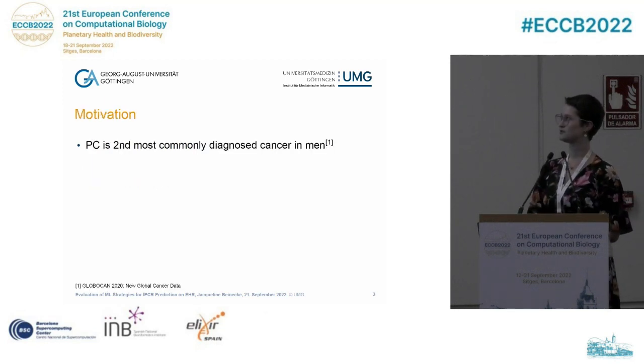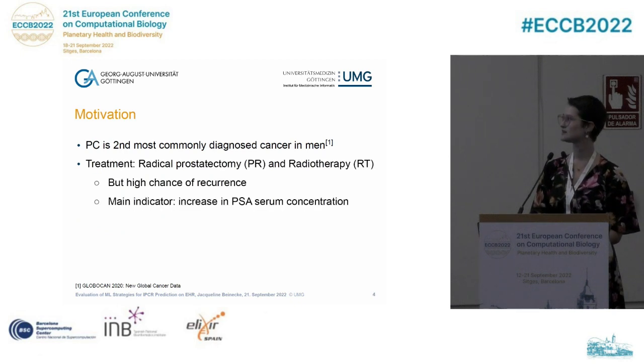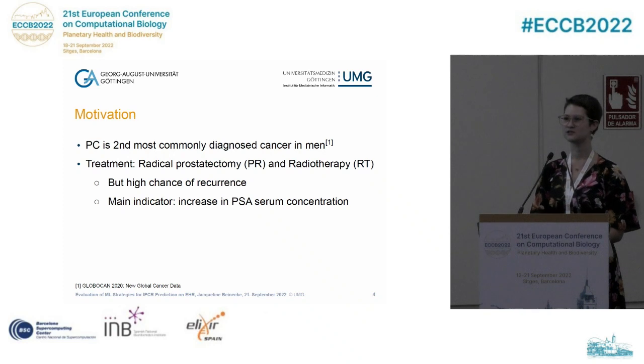For the motivation, prostate cancer is the second most commonly diagnosed cancer in men worldwide. The treatment options are radical prostatectomy or radiation therapy, so very severe treatments, and still with these treatments there is a high chance for recurrence, and the main indicator for this is an increase in PSA serum concentration, which is a